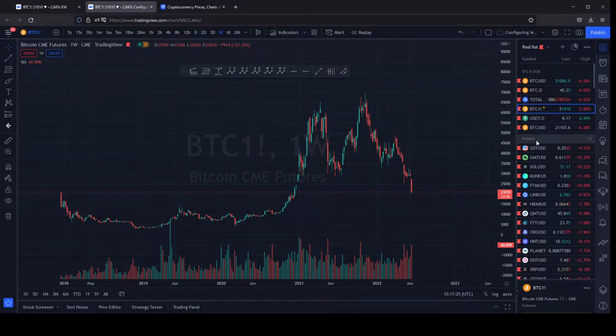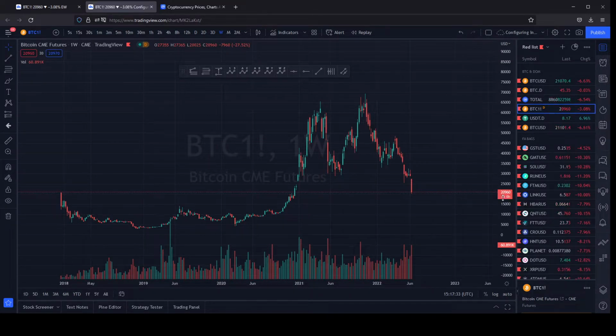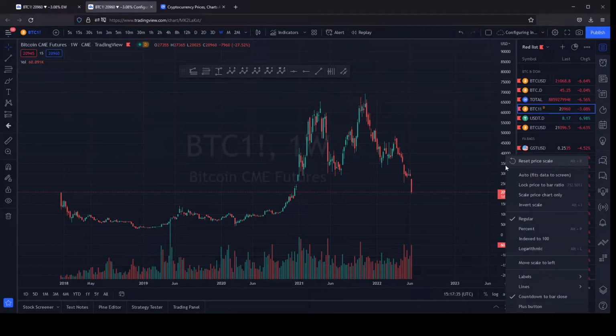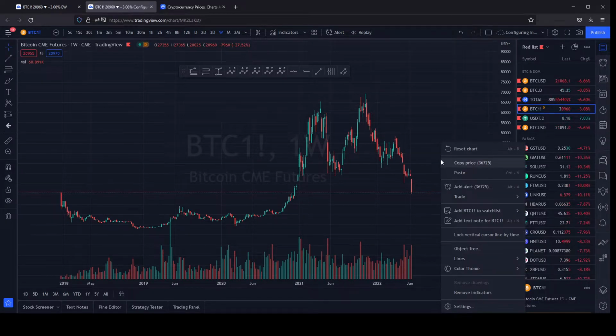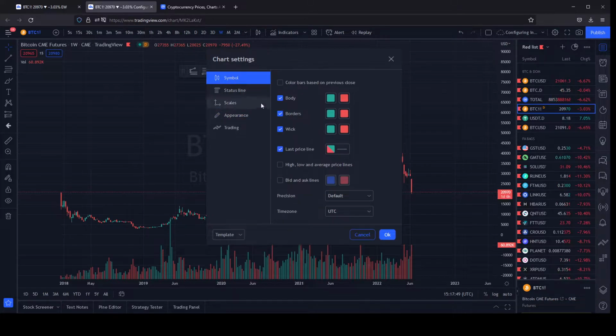Setting up the chart like this, I like to activate countdown to the bar close. This gives you the time left before the current candle is closing. So I like to have that activated. If not, where are the settings here? Okay, so here you can go through